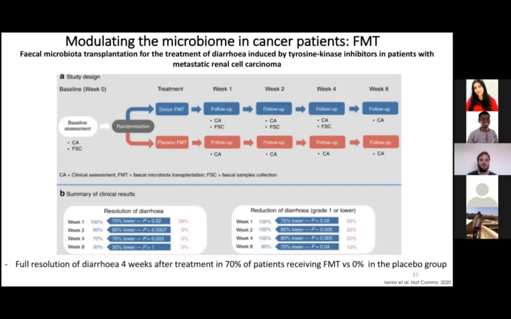So in this work, what the authors did was basically give FMT. They have 2 groups. We have a group that received the FMT from 2 different donors, and a group that didn't receive FMT. So basically, it was a placebo. So there was no real FMT going on. And then they compared the diarrhea across these 2 groups. And what they found was that the FMT group actually had a full resolution of the diarrhea after 4 weeks of treatment in about 70% of patients, whereas in the placebo group they saw no patients that had their diarrhea